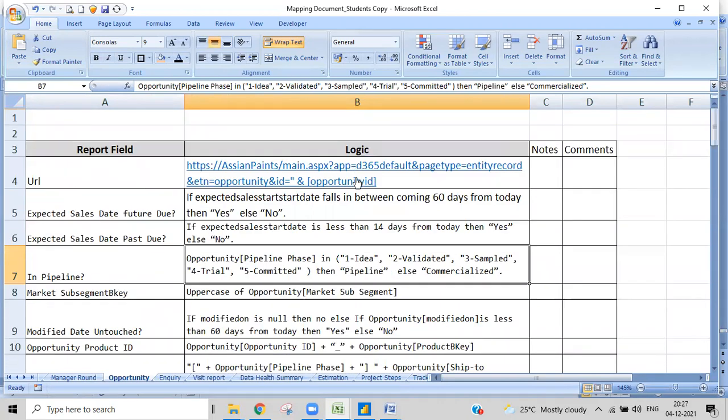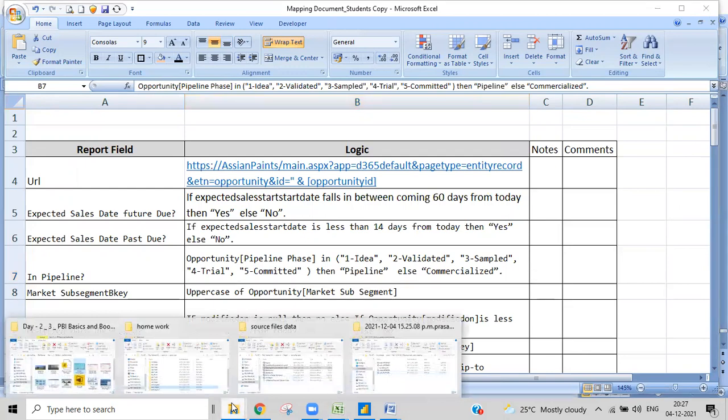You can do it either by Power Query or by DAX. It's up to you. But preferably, if you can do it by Power Query, that will be more efficient. And if you are not good at creating custom columns in Power Query, then obviously you can make it using DAX. That is a simpler and easier way. I'll give you that doc also, and show you whatever the doc is.